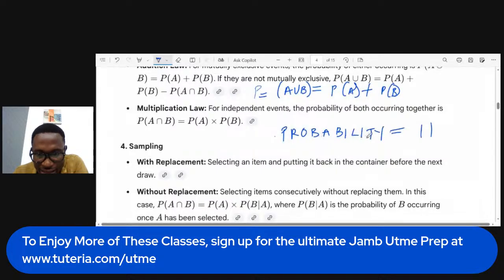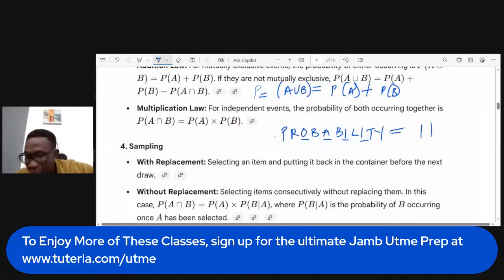In probability, we have O, that's one vowel letter. We have A. We have another one, which is I. Don't forget, we have another I. Please don't think that because I occurs twice, you take it as one. We've cut each letter and put it in the box, so 11 total possible outcomes are there. How many vowels are there? We have O, A, I, I. So how many do you have now? 4. So the probability of obtaining a vowel will be what?